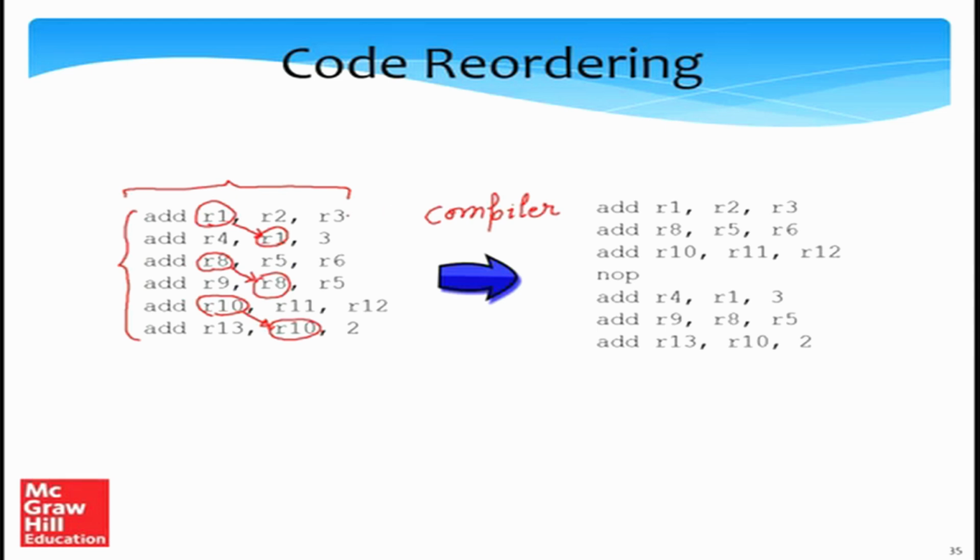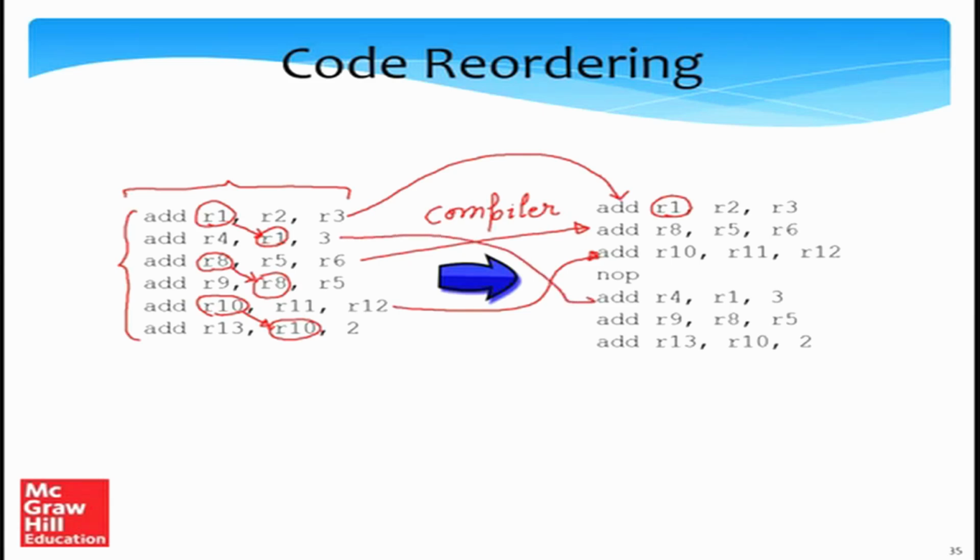So what we do is that the first instruction is still the add instruction. We write to R1. But what we see is that the third instruction can be brought over here, and we are not violating any dependence because this instruction has a different set of operands, and this instruction has a different set of operands. So we can happily bring this instruction over here. Similarly, we can bring this instruction which writes to R10 over here. No dependencies are violated. After that, we can bring the consuming instruction, which consumes the value of R1 over here, but we still need to add one no-op instruction